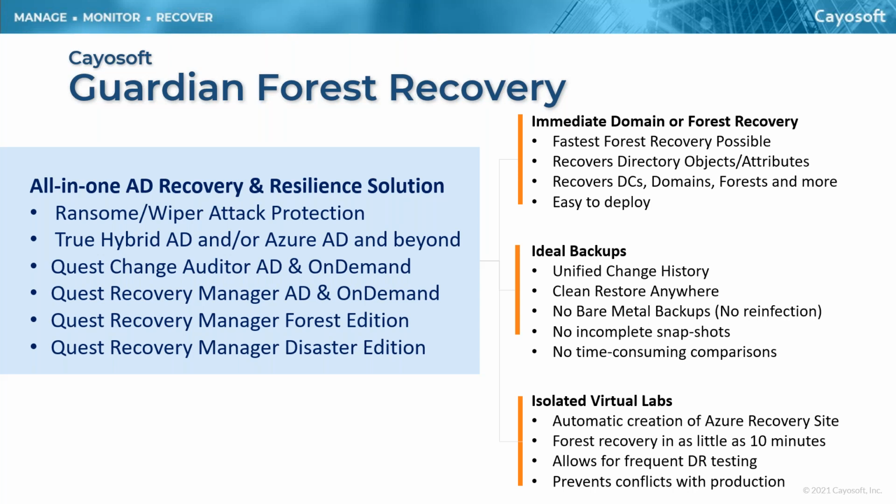It recovers all your directory objects, obviously. So you have object and attribute recovery if that's the problem you're facing, or you have full forest recovery where we're capturing a lot of the files and things that are required to bring back a domain controller, your domain, your DNS, your forests. And we make it really easy to deploy. So it's one install. It takes about 5 minutes maybe to run the installer, and then you configure, right? So the install takes almost nothing. You don't necessarily have to have the level of permission that you'd require with the Quest solutions. You do have to have access to domain controllers,